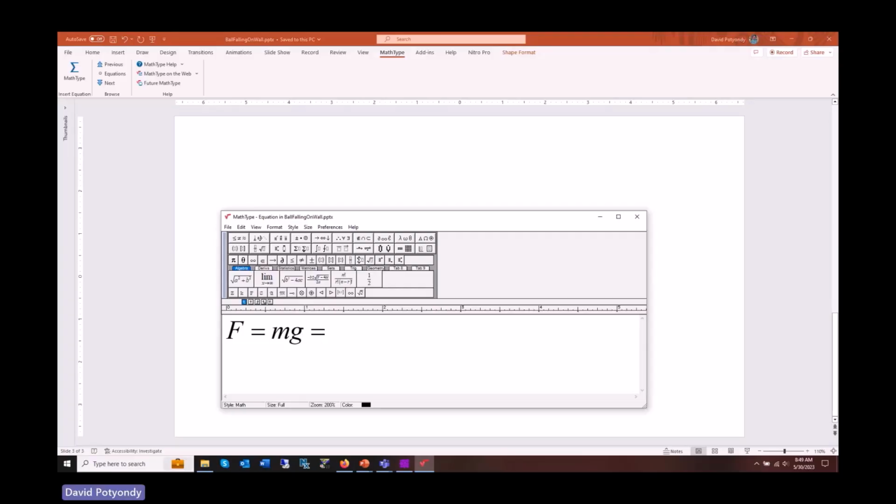And mass, what's mass? It's going to be density times volume, right? And times G equals, well, just do this. Density times volume. What's volume? That's the question. Volume equals